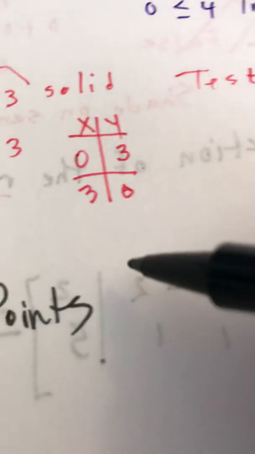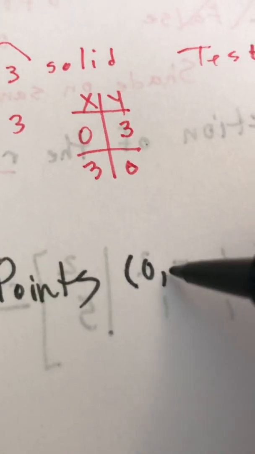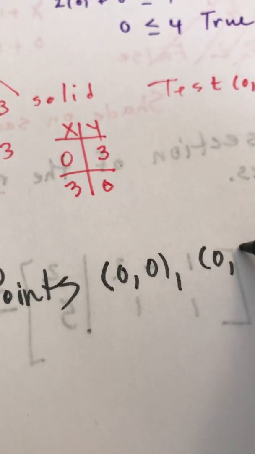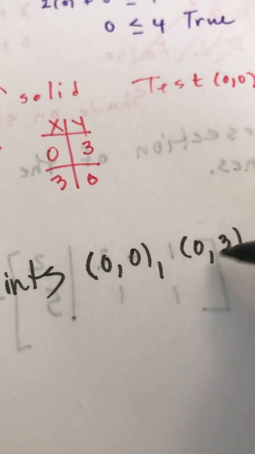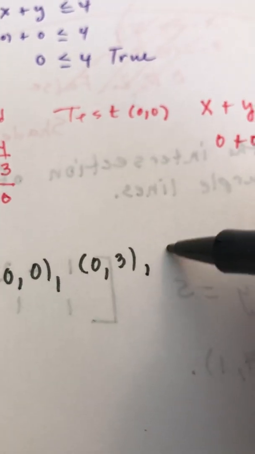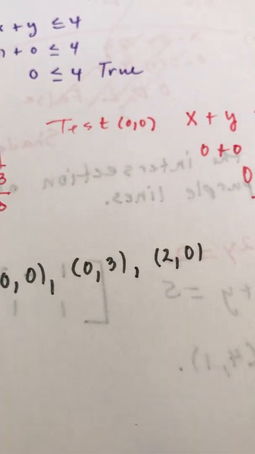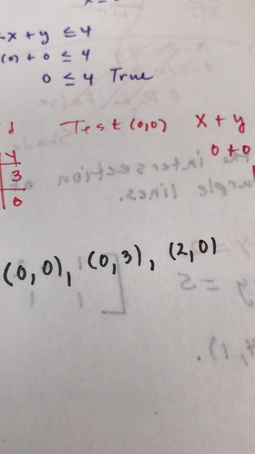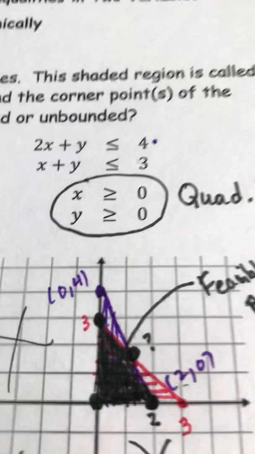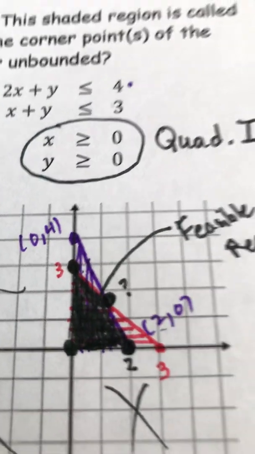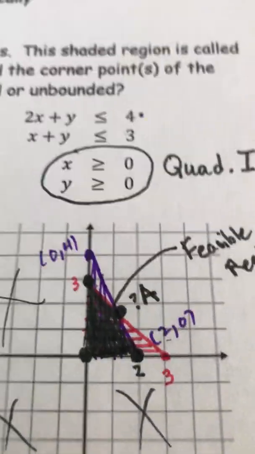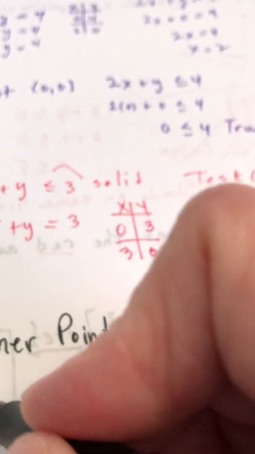So I'm going to write the 3 obvious ones. So 0, 0. What's the other one? 0, 3. Make sure you put those in the right order. 0, 3. And 2, 0. So those are the 3 obvious ones where you can get from the picture. But the one there is not as obvious. So a lot of times I'll call this point A. And we're going to look at how do we find point